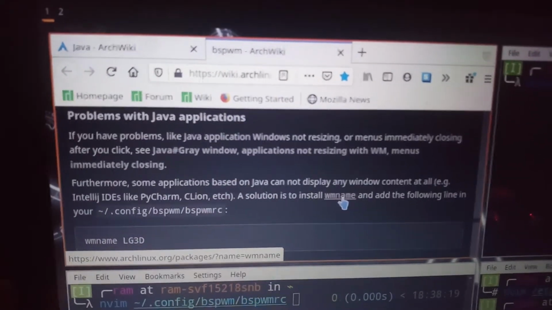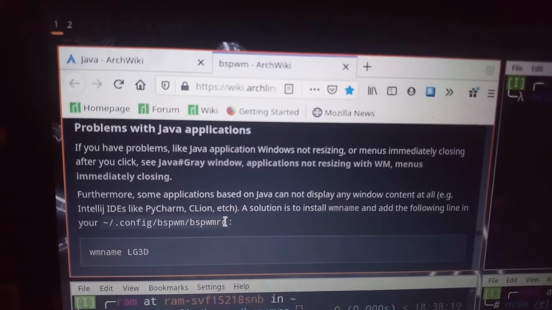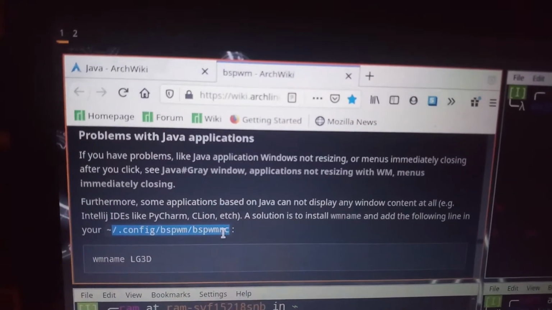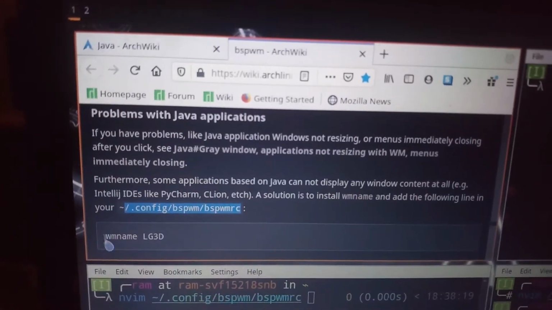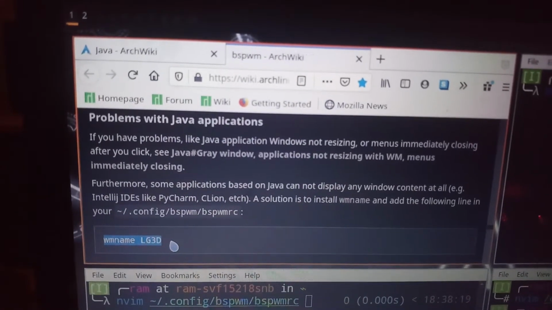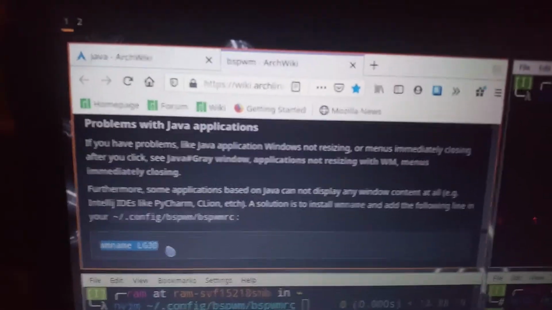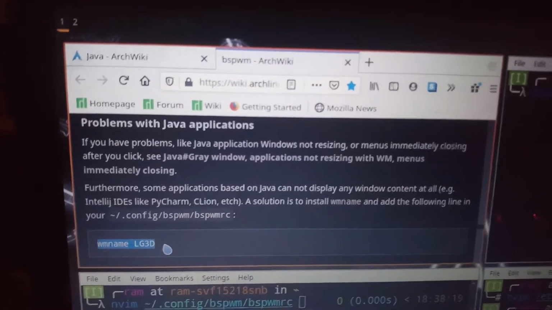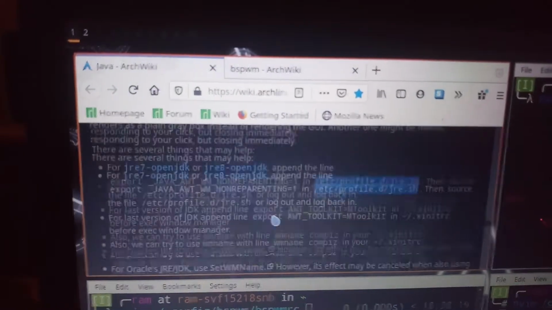That's all. Then add the following line to your BSPWM config file, that is bspwmrc. So I did that. This line is basically some kind of trick to make Java believe that this BSPWM is a proper window manager.